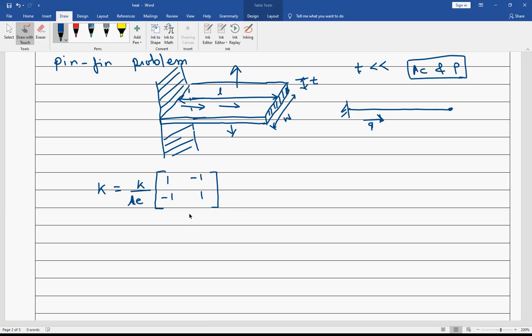This is for the K, and of course there will be stiffness because of the convective heat transfer. So additional stiffness will be added. There will be resistance to flow the heat from the fin to the atmosphere, and that acts as an additional stiffness, which I denote as HT, given by H into LE by 3T. So you have to mug up this formula. Okay, H into LE by 3T.